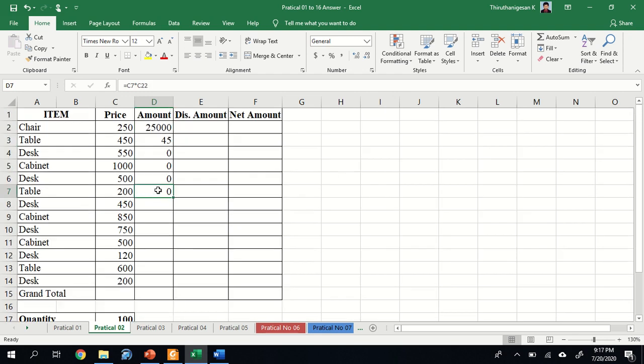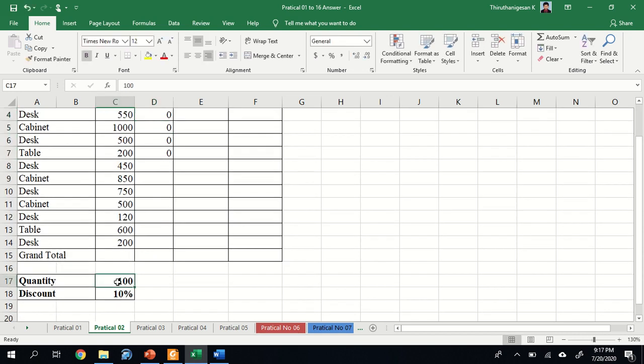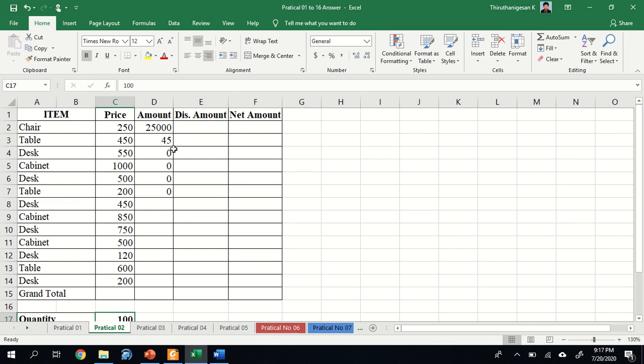Why are we getting like this? Just double click on that. Now you can see C2 and C17, the cell values. Now C3 and you can see C18. But in this place I always want to keep the C17 value. So C17 means this is the C17, and everywhere I want to keep the C17 value. If you want to keep some cell value constant, just press the F4 key, or else you can manually add some dollar symbols here. Then you can keep that value